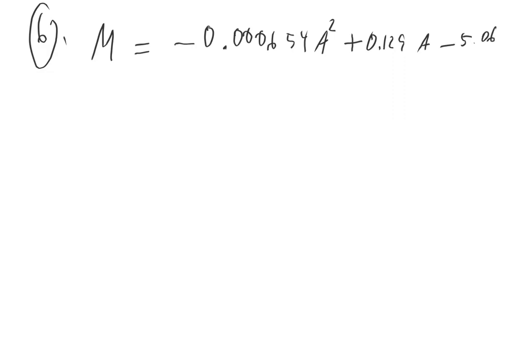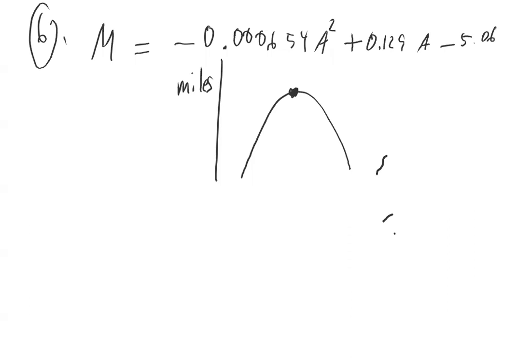figure out, so the graph looks like this. Figure out the most miles that you can get, the most economical airspeed. So this graph shows the miles that you can fly per pound of fuel. So obviously you want to fly the most miles per pound of fuel. That means we have to find the vertex of this graph of the